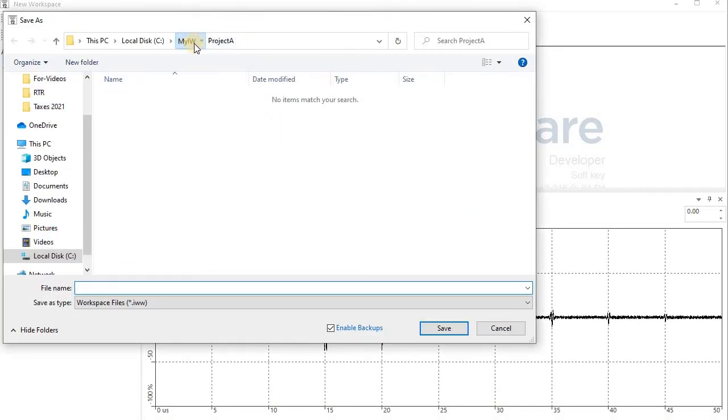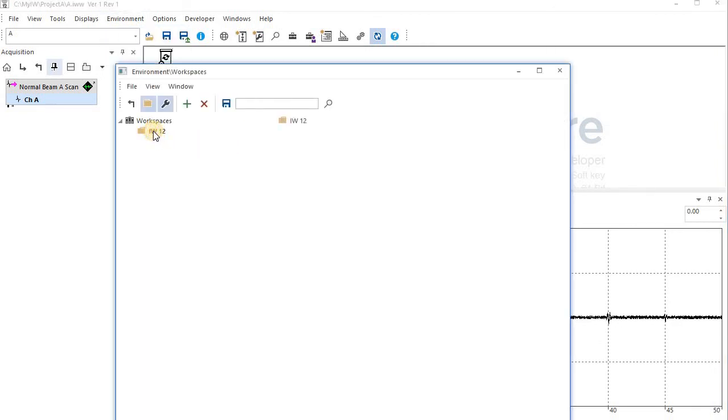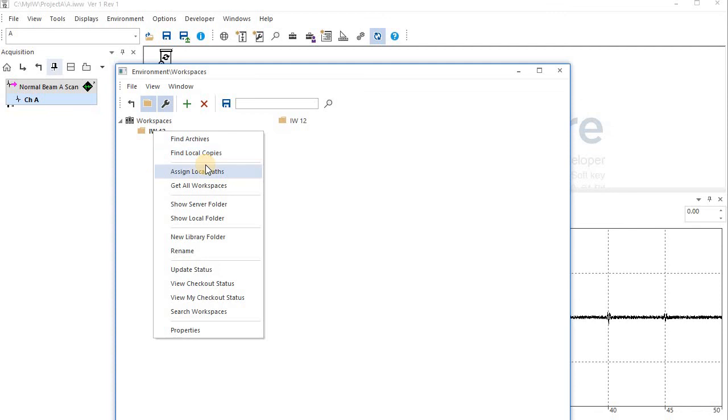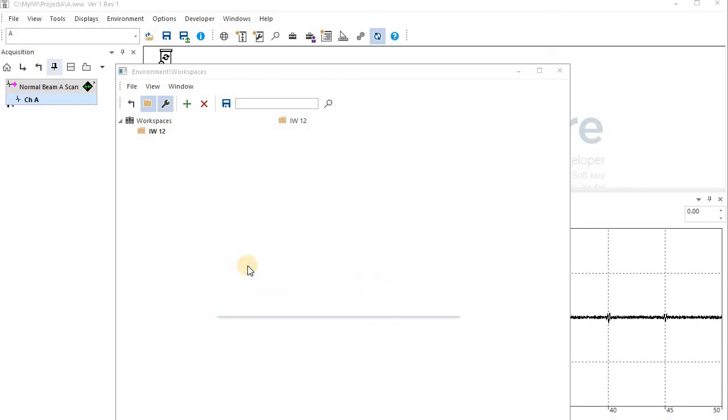And I'm going to go to my IW project A, and we'll call it A. And then I'm going to go back to workspaces here, and I'm going to do new library folder and call it project A as well. And I'm going to press the check in button,